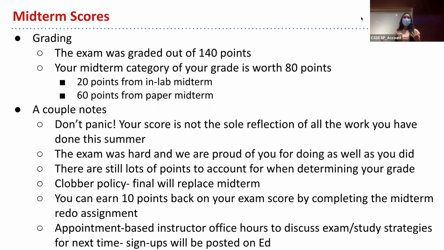There's also the clobber policy, which we have hopefully been mentioning. So hopefully you're aware of this, but the final is going to take your raw score. So it's not related to the mean at all. It doesn't matter what the average is. That's not going to affect how this clobber will work. Basically, if you do better on the final than your midterm, your raw score on the final will fully replace that score. So that's one way that you can get points back. Technically your entire exam portion of your grade can still be accounted for with that final.